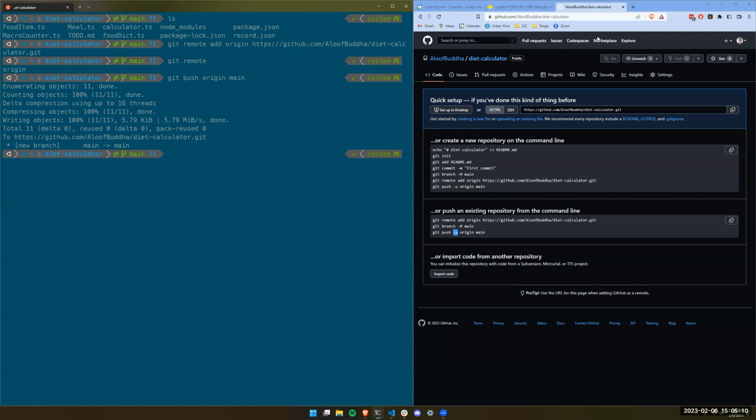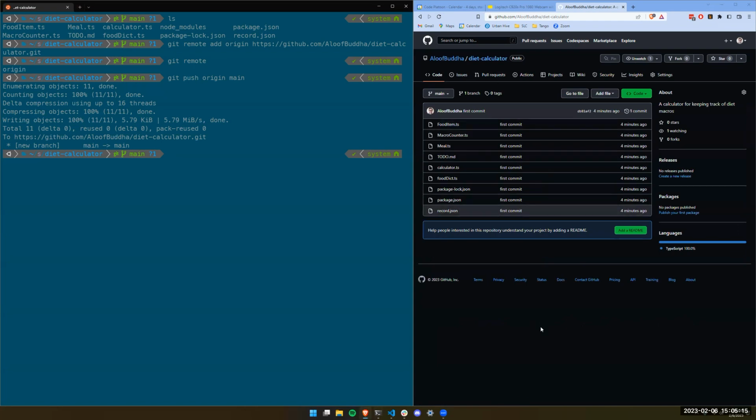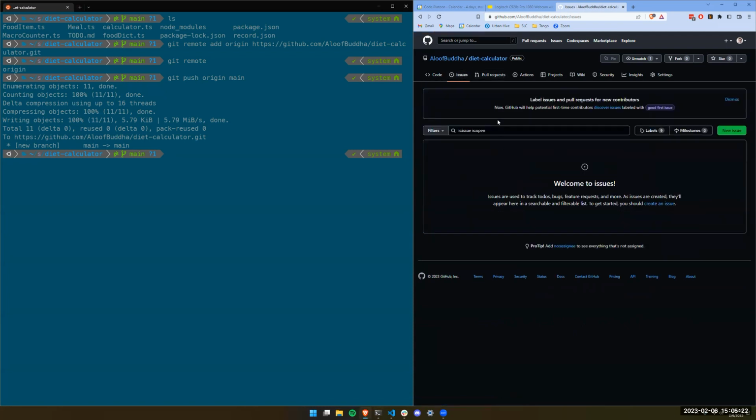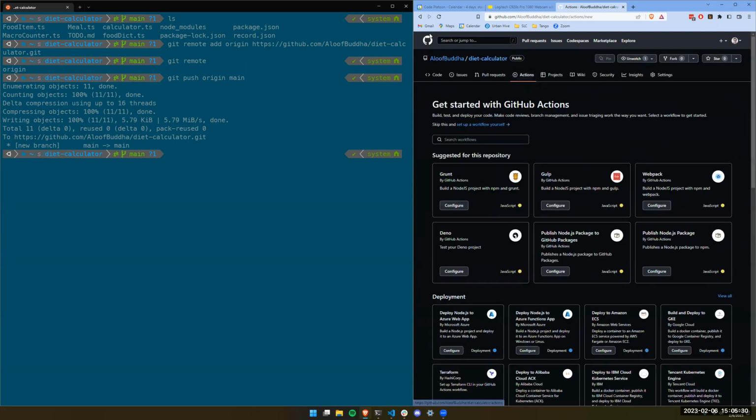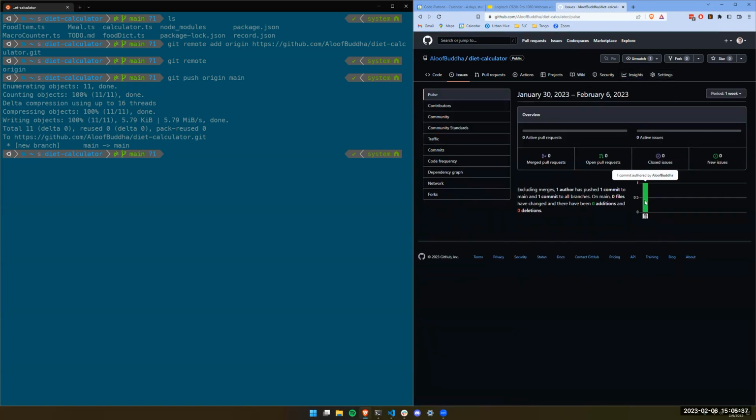And now if I go here and I reload, it's actually here. It knows about it. It's got all this commit stuff, and then I could even see things. So this is the value of GitHub: if this was a popular thing, someone could log an issue. Or, there's just a bunch of stuff. You can make it so that every time there's a push, some kind of action kicks off with another tool. Insights, as you see, I'm the only one contributing. No one else is doing work on this project. But yeah, there's loads of useful things like that.